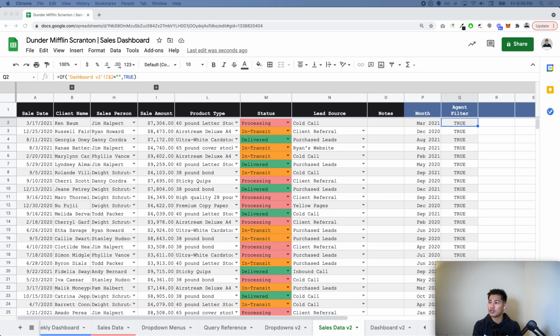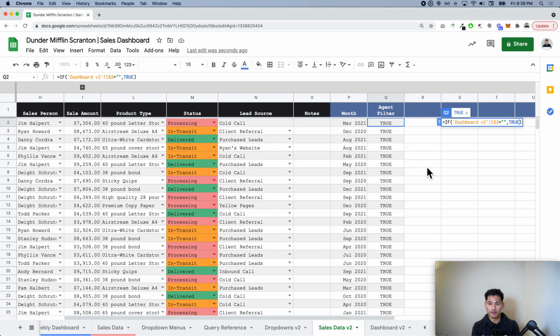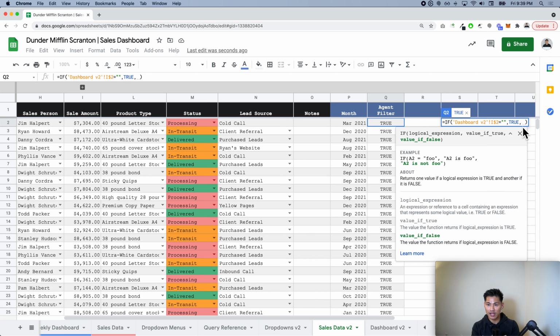Right, so monthly dashboard equals H2, then true. Now the next step is, if that agent filter is empty, then just mark it as true. However, if it's not, so this is the value if false. If it's false,